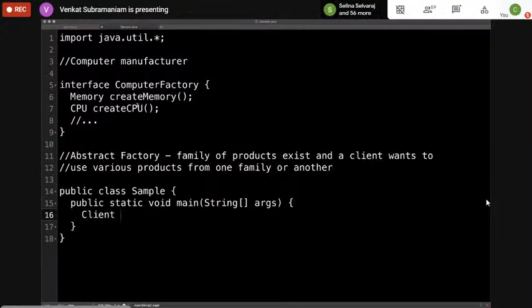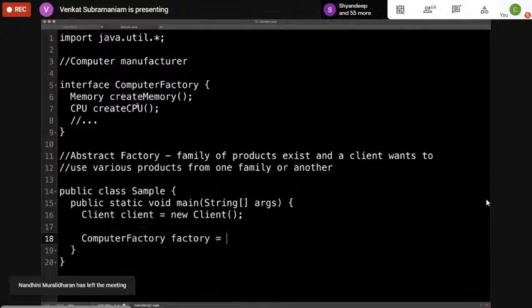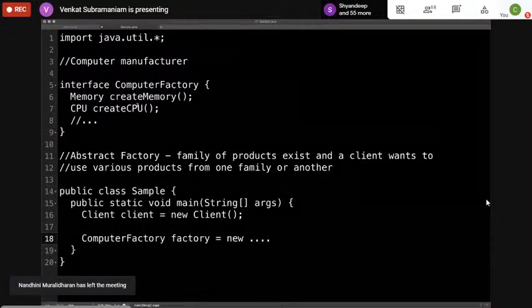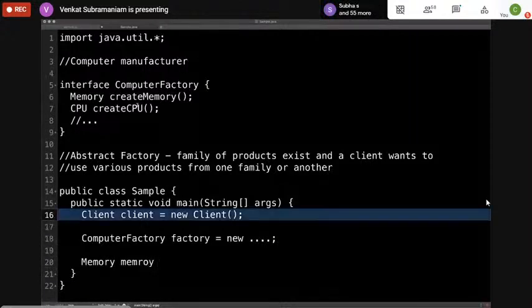You may have a client equal to new client, and the client may say something along the lines of, computer factory, let's call it factory equal to new. And we don't know what we're going to use here yet. We'll come back to that. So this is the client itself that we are in.